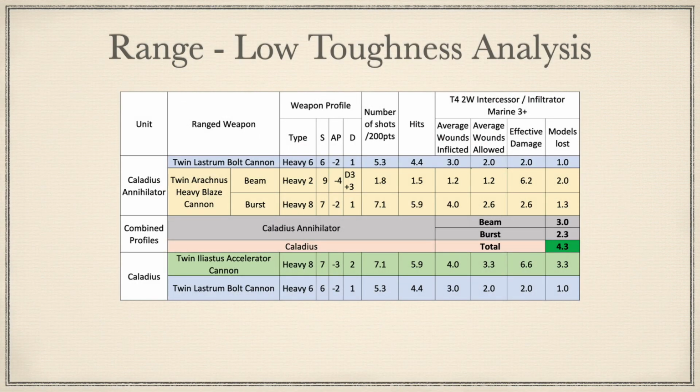Looking now to see how these weapons stack up against Toughness 4 2-wound models, using the example of Intercessors or Infiltrators, which are common competitive units. The most effective loadout is the base Caladius, killing 4.3 models. The Caladius Annihilator beam profile rises to second place with its average damage of 5 starting to come into play, killing 3 models, and the burst profile experiences a large fall-off with its 1 damage now working against it, killing